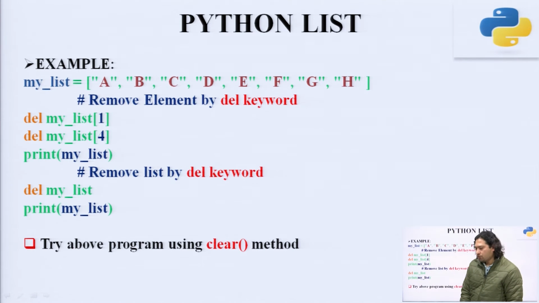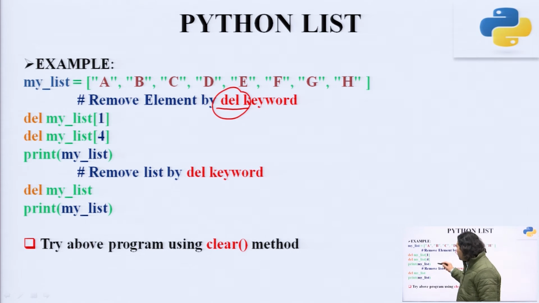Now, let us say you want to remove elements by using the keyword known as del. We are going to use this del keyword in order to remove the element. Now, in order to remove the element, you need to access it first. So, we are trying to access this element. This is the procedure for accessing an element: your variable followed by the square bracket, and in that you put the index number. This is the subscription principle. So, by the subscription principle we are able to access the element.